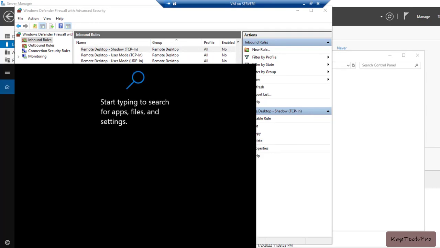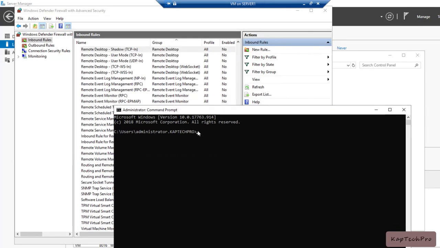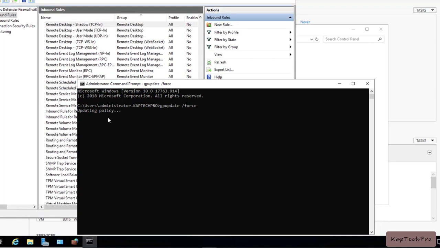Now let's open command prompt and apply this group policy on this particular virtual machine. We'll type gpupdate /force and press enter. So it's updating my policy. Computer policy update has completed successfully, and user policy update has also completed successfully.